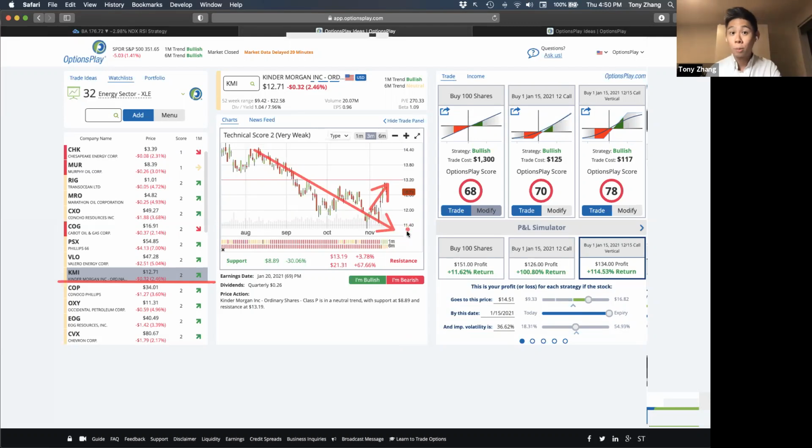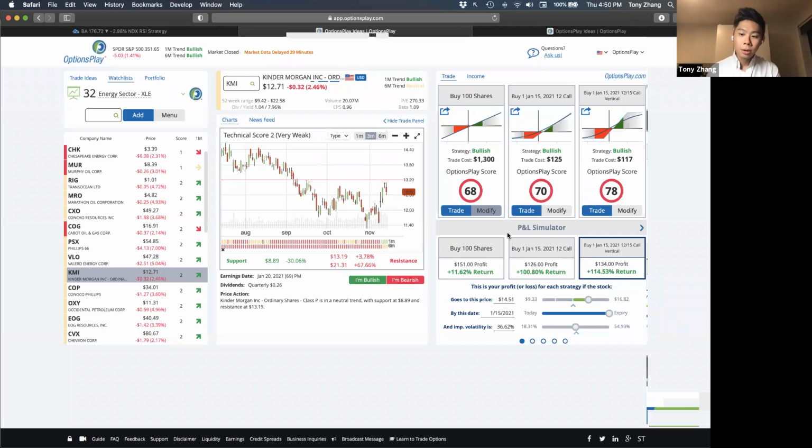Now, the question is whether you believe that this trend can hold, or you believe that this is going to continue moving lower. Now, when I look at the broader markets, when I look at the energy sector, I would tend to believe that it's more likely that it's going to continue moving lower, but that's how I look at the markets. And notice how I'm able to make that decision within a few seconds, and identify stocks that may have an opportunity for this without having to spend hours and hours going through ticker by ticker by ticker to look at specific sectors, specific